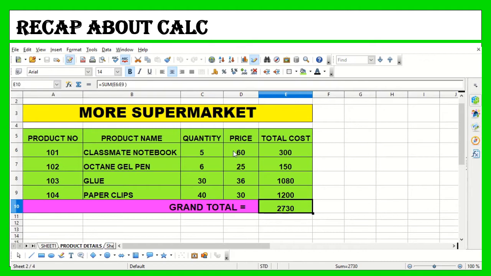Not only that, using spreadsheet, you can do personal investment budgeting. You can also do invoices, that is list of goods, you can prepare bills, inventory tracking in the sense you can maintain the stock details, sales demand, product returns. Also you can do statistical analysis, numerical modeling. You can maintain the address of your friends and relatives. Also you can maintain the phone number of your friends and relatives.